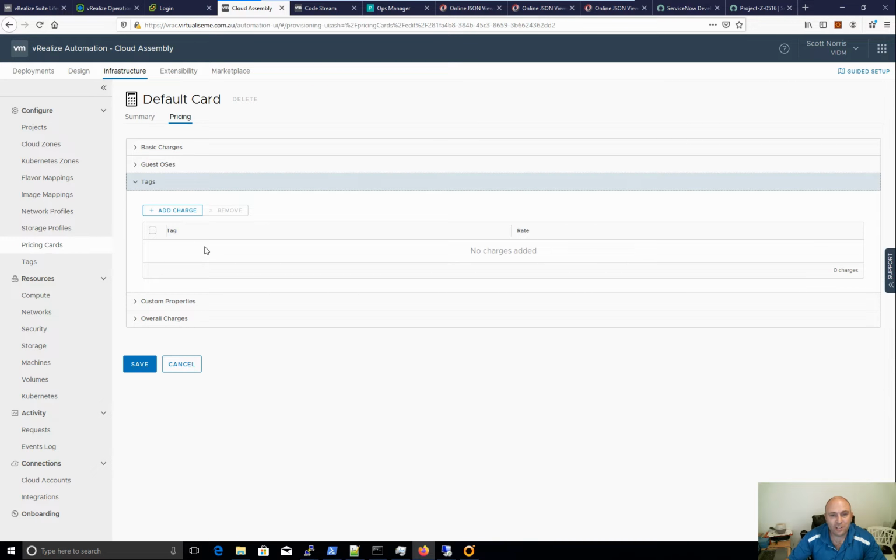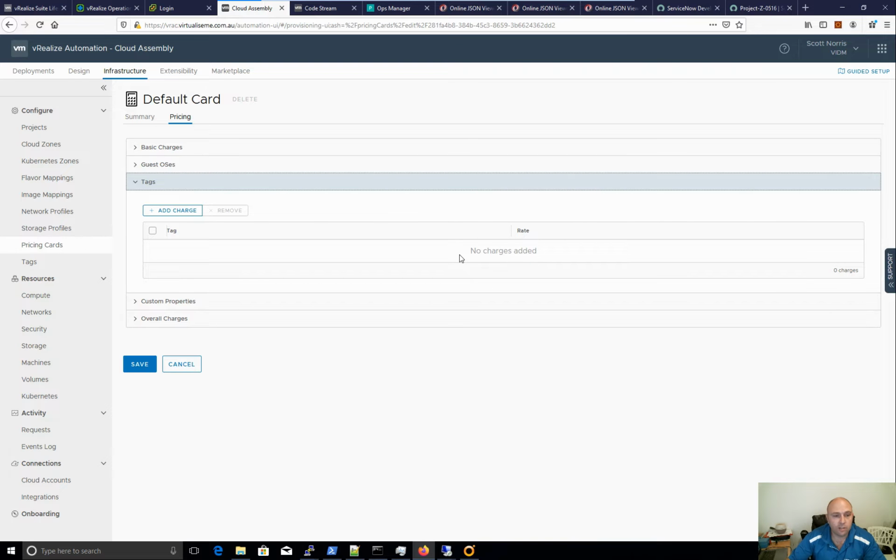We can charge based on tags. So this would be really cool if you had the drop down or a tag to say for Commvault or something like that, and you say yep, backup is true as a tag. I'm going to charge them for that, right? Or maybe based on the different tag, maybe they're in a particular backup policy, and that backup policy is based on a tag on the machine. I can then charge for that based on the policy, based on the service, whatever it might be that particular